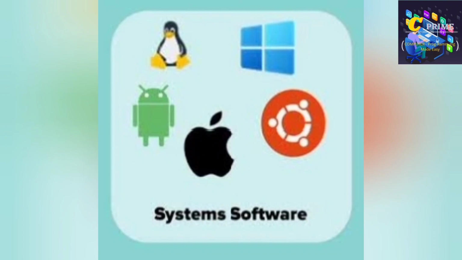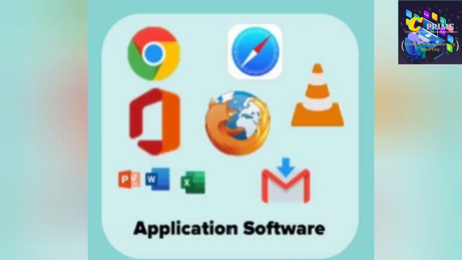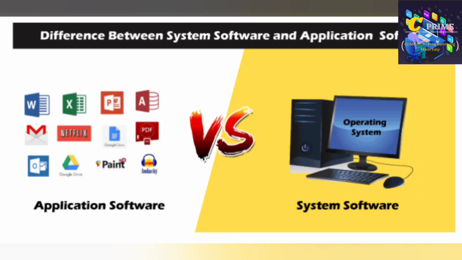Friends, I hope now we are all clear with system software and application software. Now let's see the differences which make them differ from each other and also make them important. Let's go. Differences between system software and application software are: